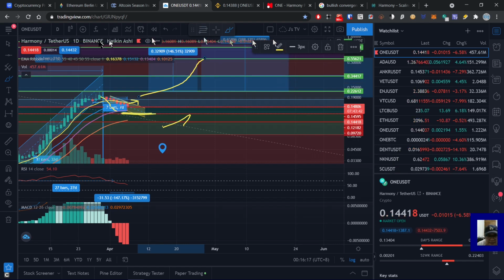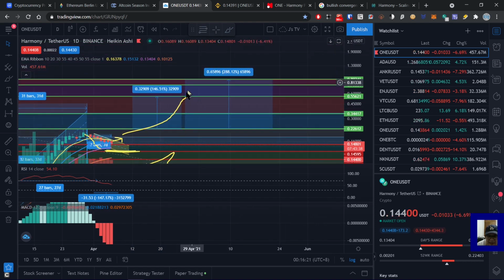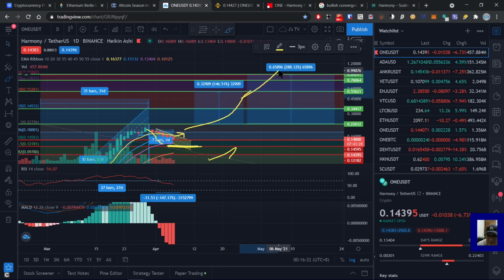But to get to this next price target, if we have any type of run like we did before, for like a month straight, no problem. It'll go straight up. I can see it easily getting close to $1 there within a month. Now, is that likely to happen? Maybe not. Probably not. I don't think so, because of the buying pressure that would have to